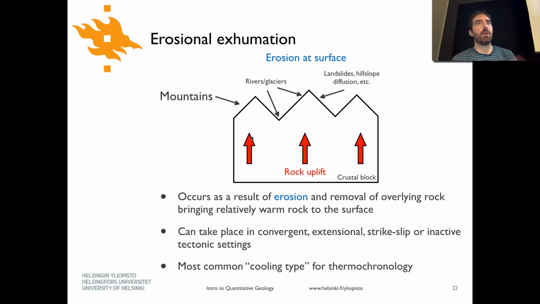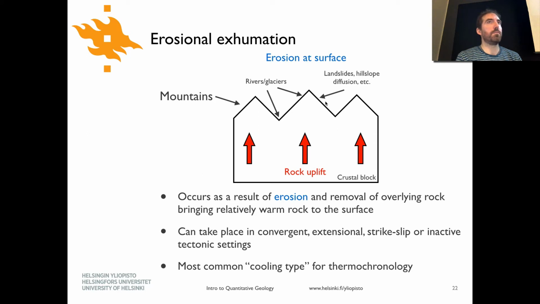Now, you could flip this around and think about it either way. You can either think of erosion as lowering the Earth's surface, or if you hold the Earth's surface fixed, what the rocks experience is that they're basically moving up toward the surface. It's a matter of the reference frame, and it's maybe not that intuitive to think about the Earth's surface as being a fixed elevation, but